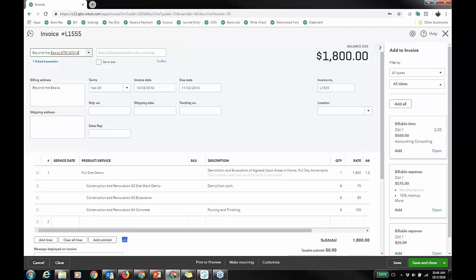But there are so many moving parts to make this happen that I think it's easy for someone like me to forget something, make a mistake, etc., and then your reports aren't as accurate. Or you don't know how many you've invoiced for yet, right? So